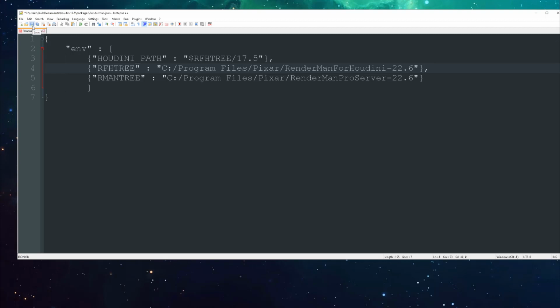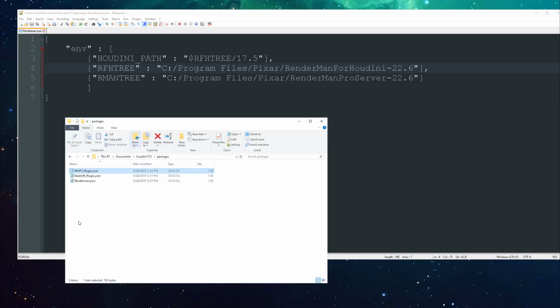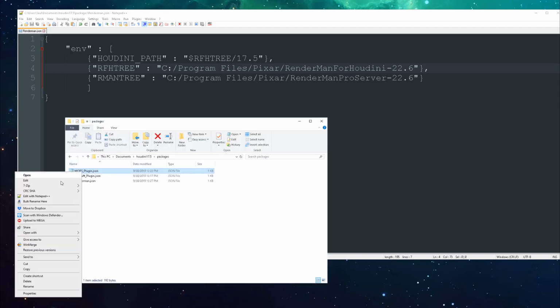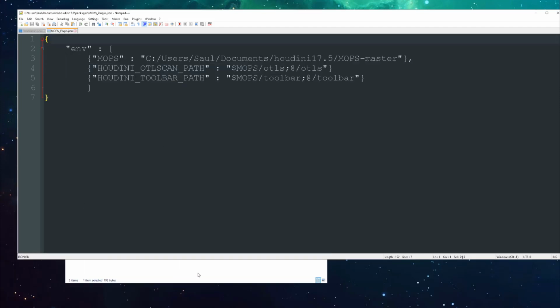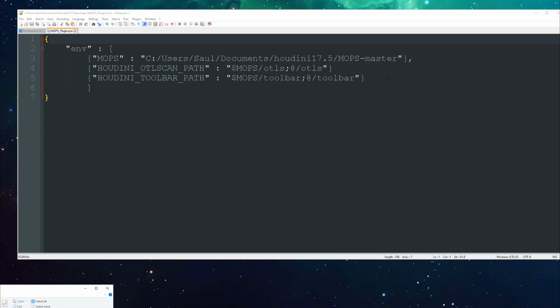So let's save this, and actually let's open up the Mops plugin also, and let's add a comma right there. So now it's going to load this, then comma, load this, comma, load this, then close. Okay, now if we save this and let's reload Houdini here,